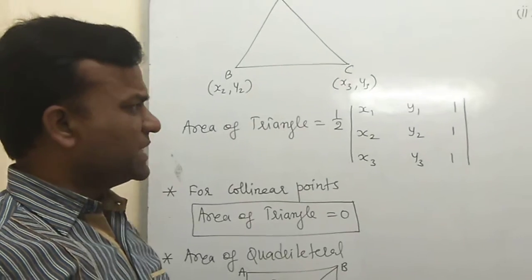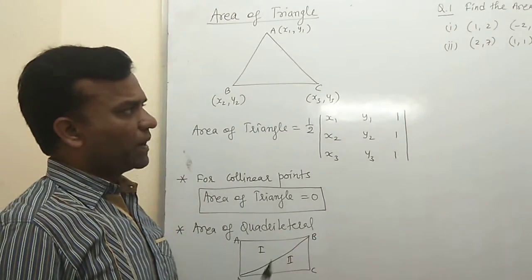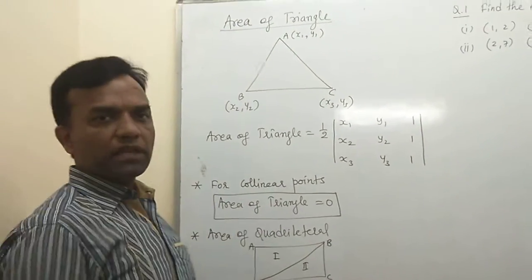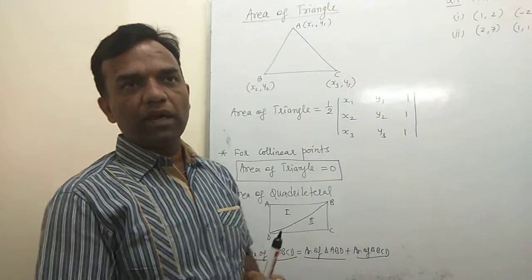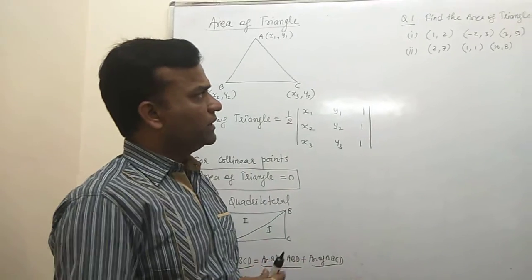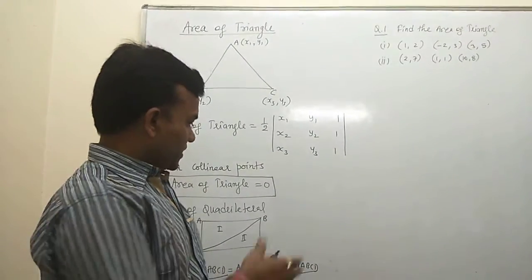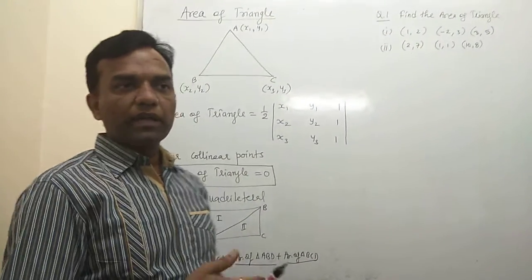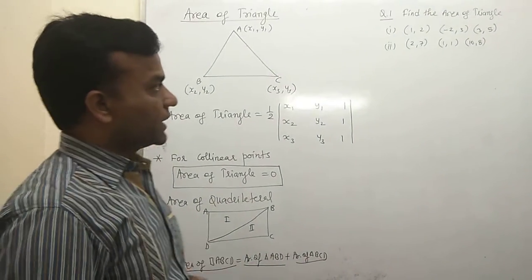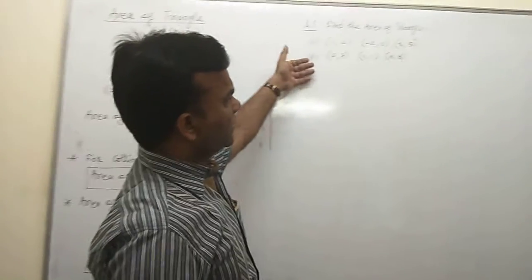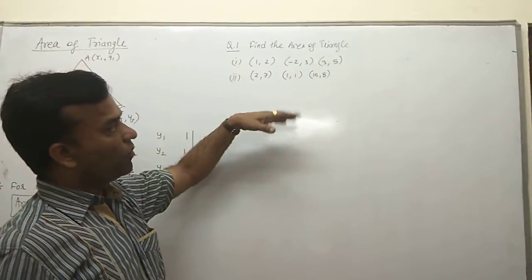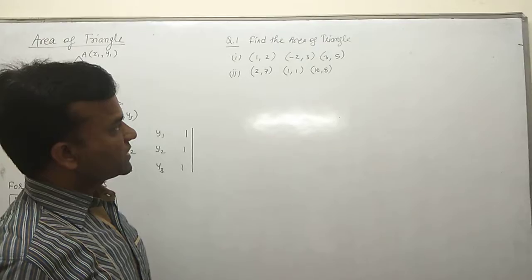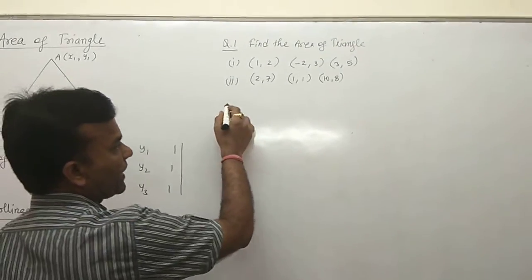Okay, so that is a very easy concept, not a lengthy part, because only one thing is important here: the formula. The formula is different, but I think every student knows the application, like you apply the condition for collinearity and you find the area of a quadrilateral also. So there are two parts: one part we do here and the other part you try in the homework. Initially we write down the first question, to find the area of a triangle.